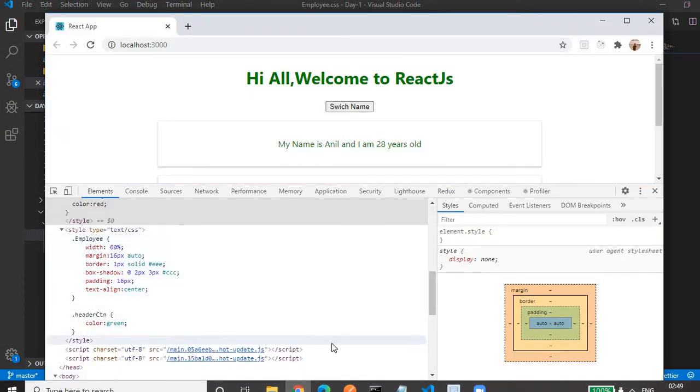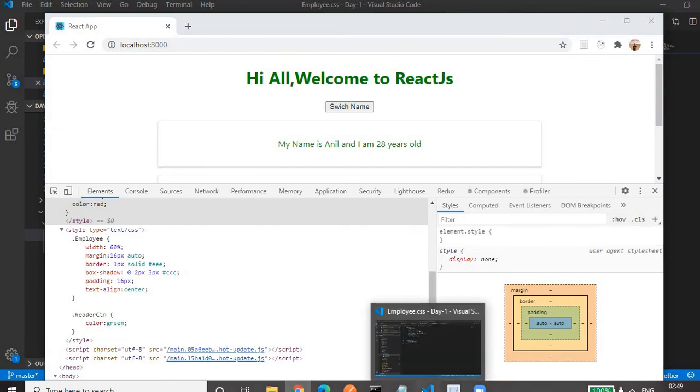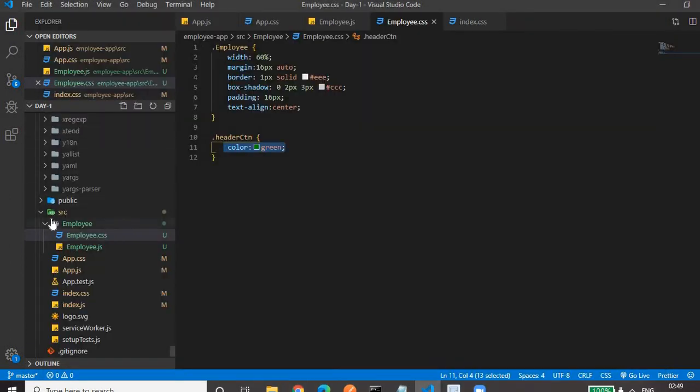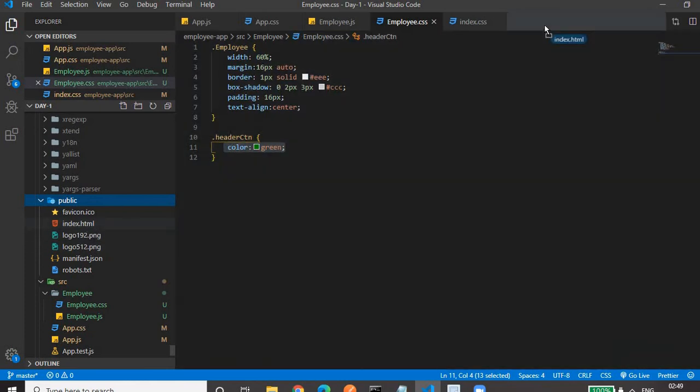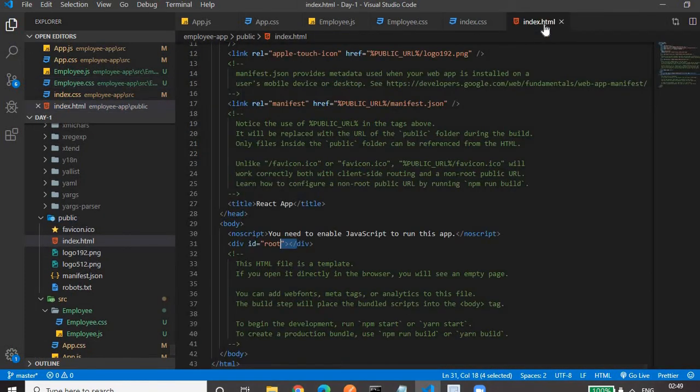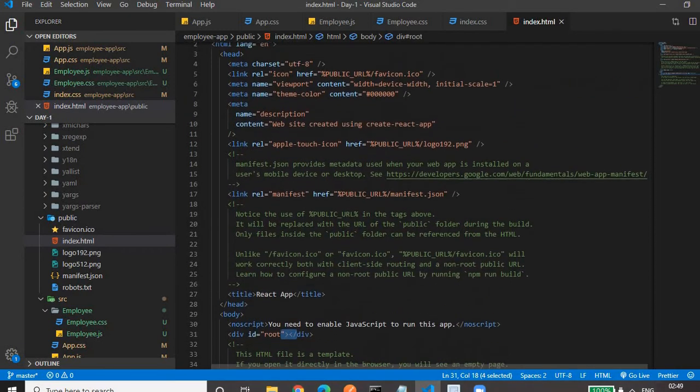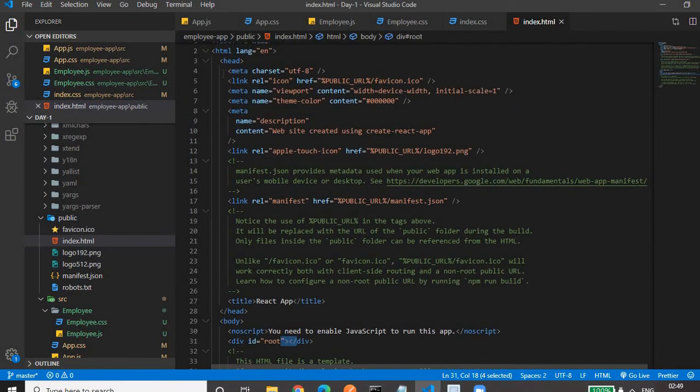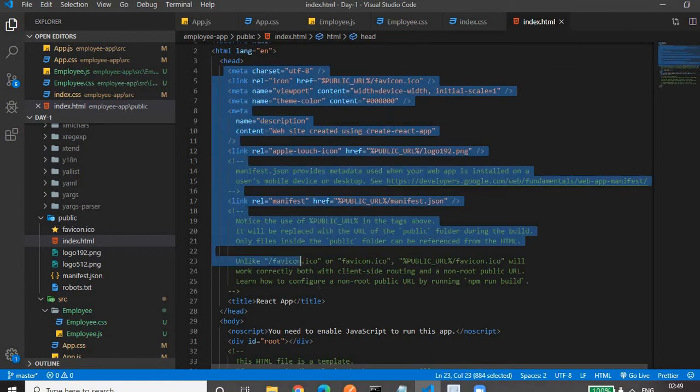If you look at the index.html file, which we find in the public folder, no CSS is in the head section. You won't find any CSS declared within the head section.